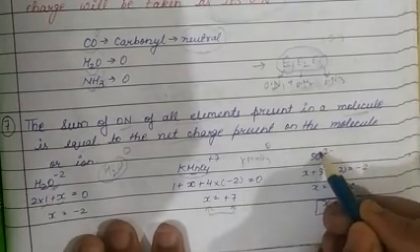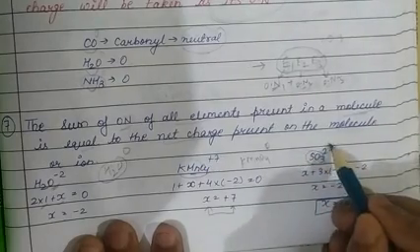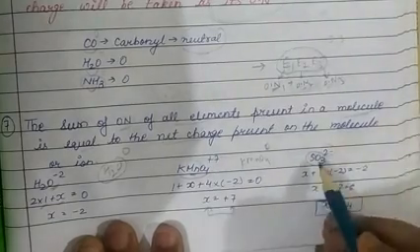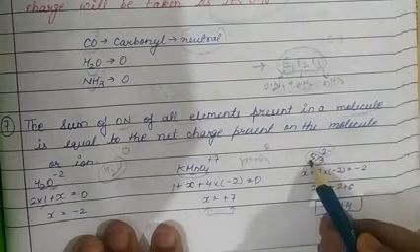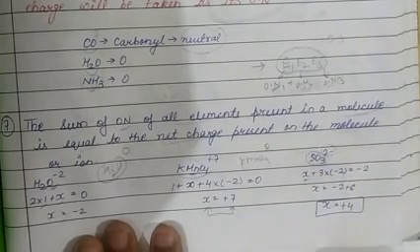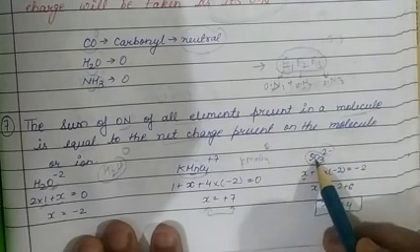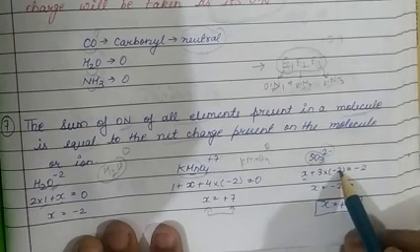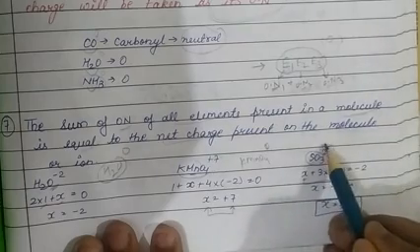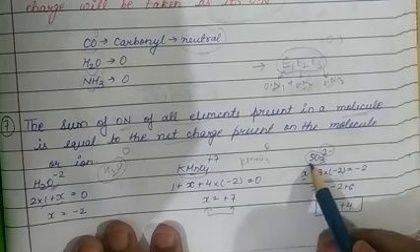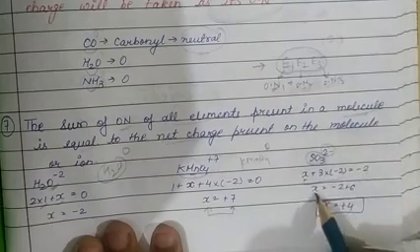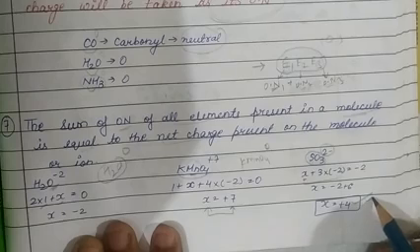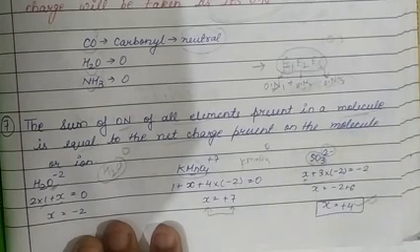See the next case. Next case is SO3 carrying 2 units of negative charge. So basically sum of oxidation number of all elements is equal to charge. Let X be the oxidation number of sulfur, and in this case oxygen is in the form of oxide, so oxidation number is -2. 3 oxygen atoms are there, plus 3 into -2, so net charge equal to the sum of oxidation numbers. So we can say the sum of oxidation numbers of these elements is equal to -2. On solving we get X equal to 4. So X equal to +4 is the oxidation number of sulfur in this molecule.